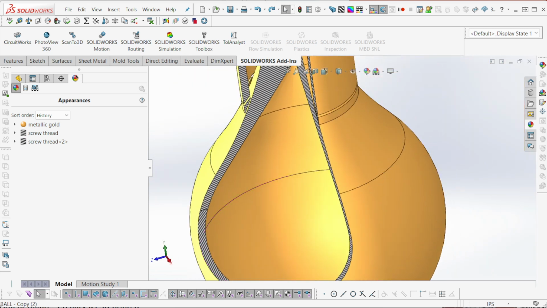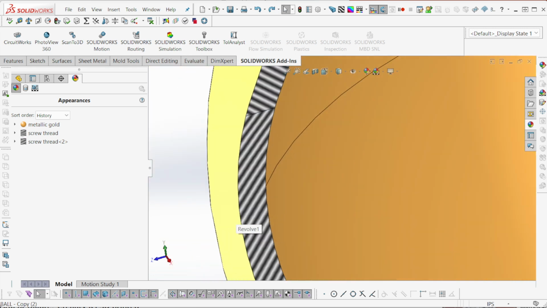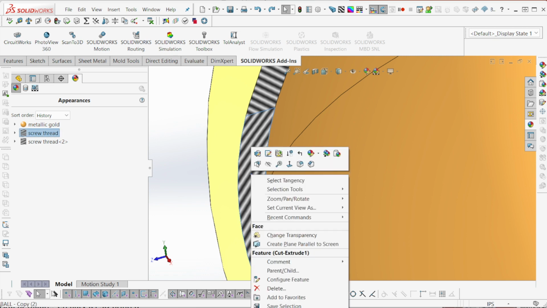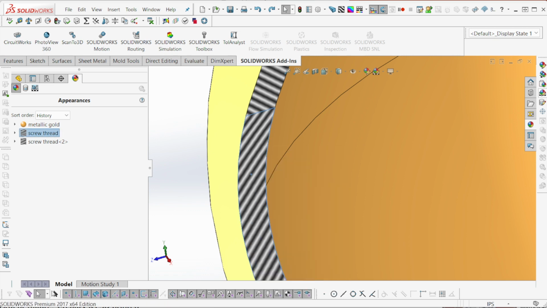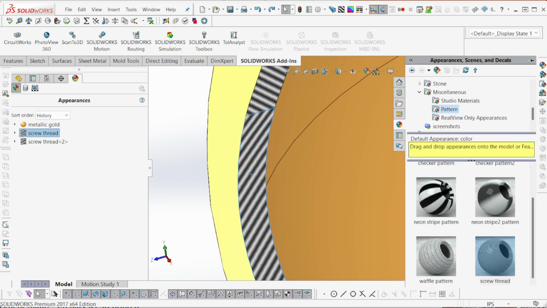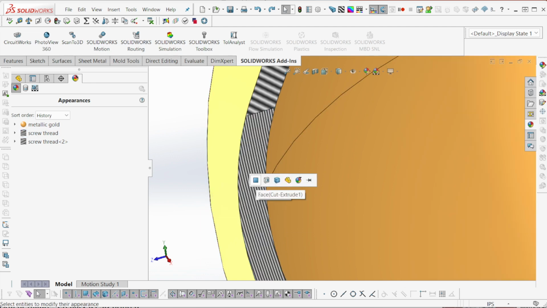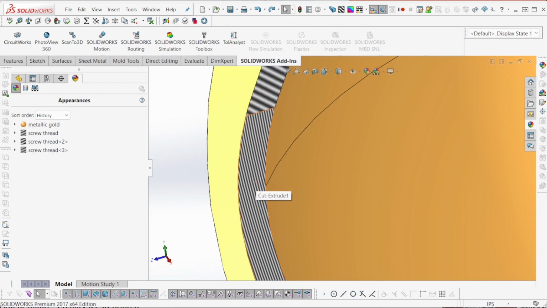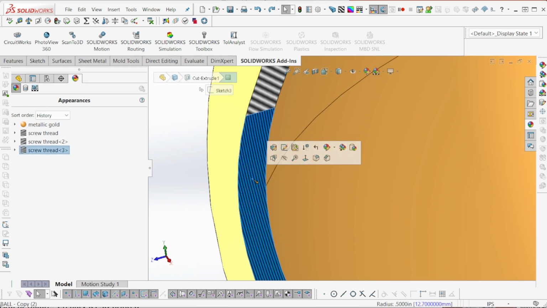But this one is being difficult because it's in the same group. So I'm going to do this one individually, and I'm going to go back into my appearances, and I'm going to grab the screw thread and put it on this face, but only on this face, not on the feature. Previously I'd done the feature, so this time I'm going to do just this face, and then I'm going to edit it,